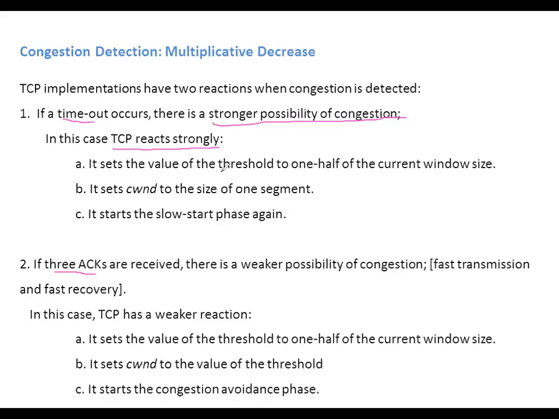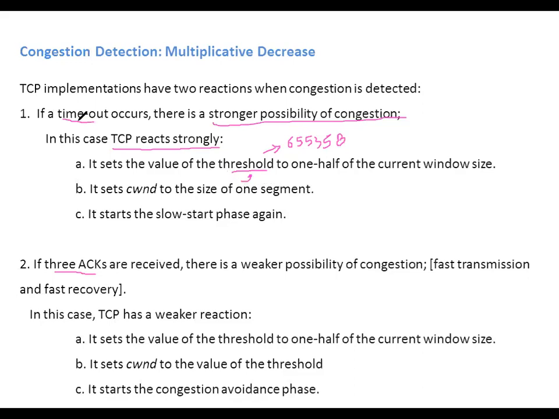First of all, the sender will be calculating the threshold for the next iteration. We have been discussing the threshold from the very beginning, that this threshold value is used to stop the exponential increase. Initially, this threshold value will be calculated based on the type of the network. Usually this threshold value in most networks is 65,535 bytes. But it also depends on the type of network. Now, in each iteration, when congestion is detected, the threshold value will be recalculated.